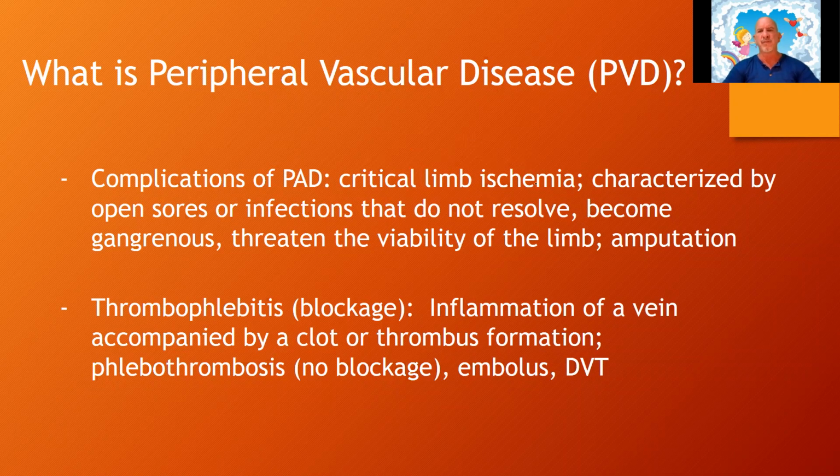So sores, infections, amputations, gangrene, things like this. It's very, very serious when an artery gets plugged, because the limb is not getting the oxygenated blood that it needs. And when that happens,